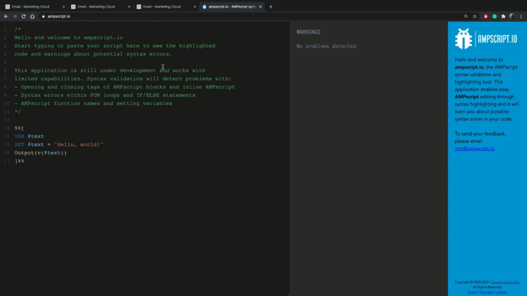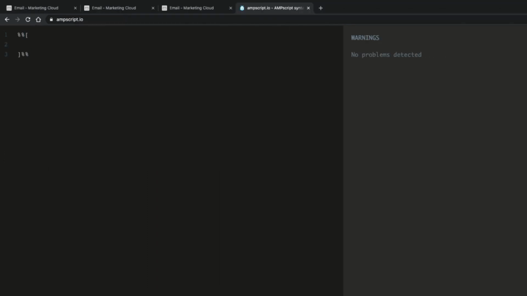I could write the script directly in the email, but instead I will use AmpScript.io, as it will nicely highlight my script and make it easier to read and write, and it will warn me in real time about syntax problems in my script. I will start with setting a value for the customer ID variable.